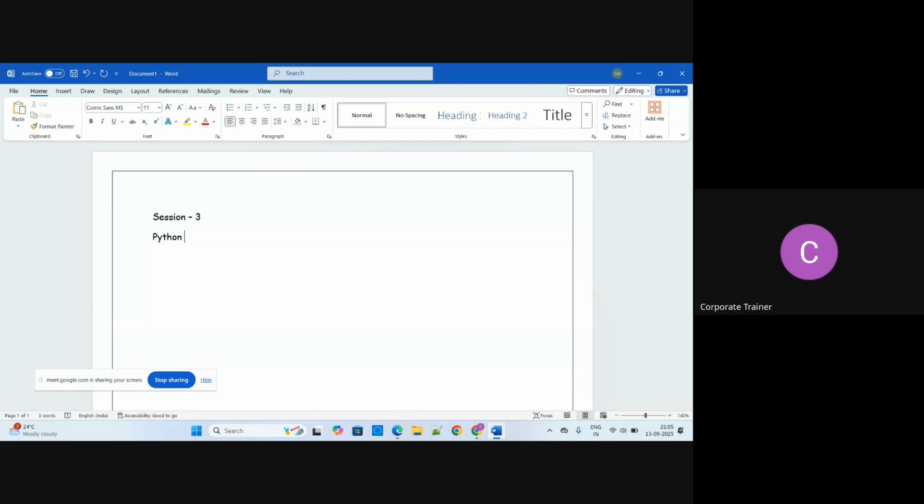Okay. Now coming to the main concept: what is a variable, what is a data type, and why we are using them. You all know that a variable is like a named memory location that is used to store any data.